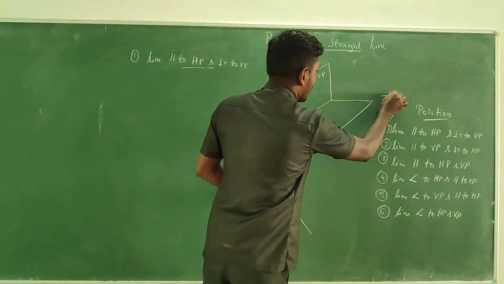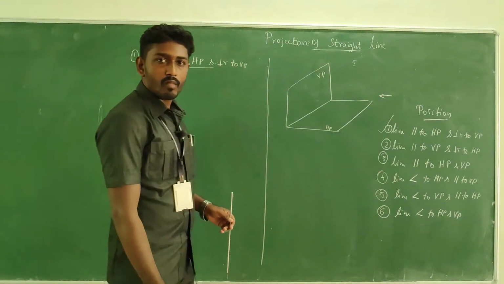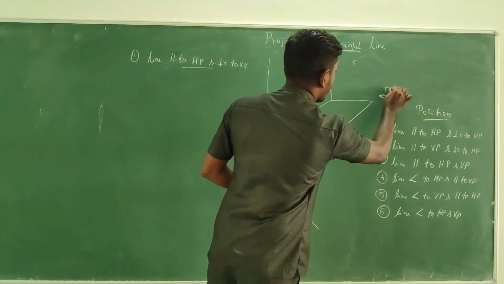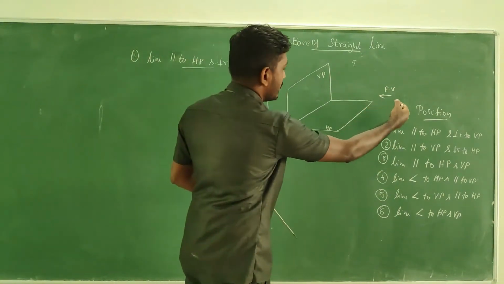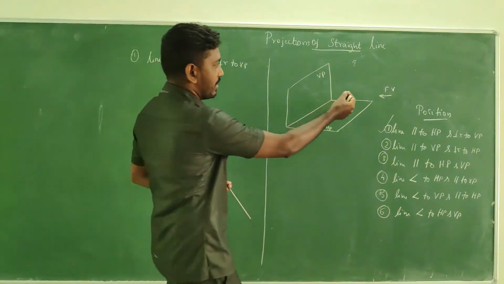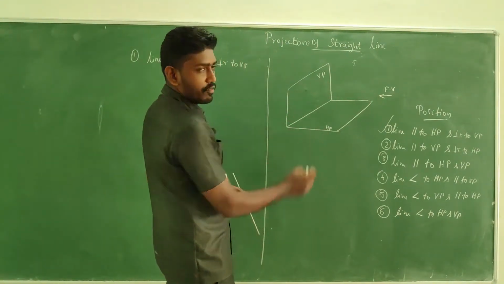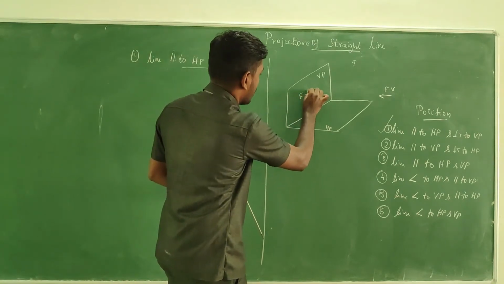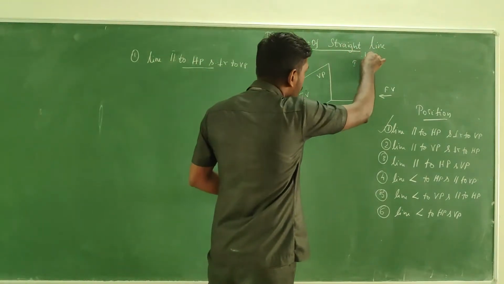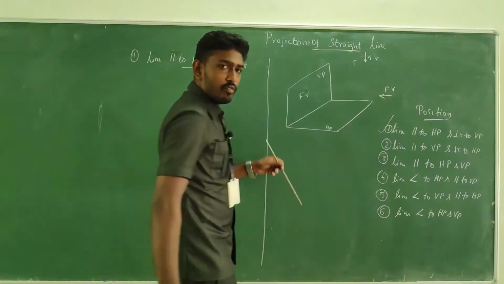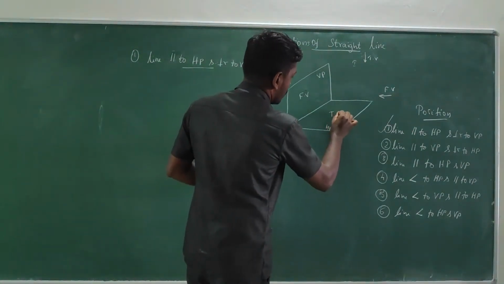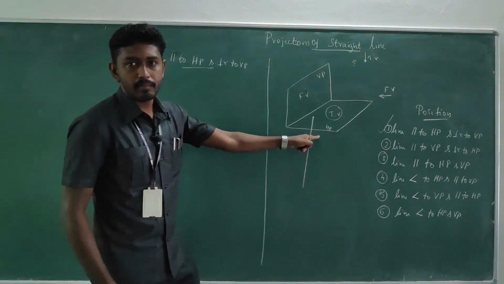I want to make you remember the projection. If you are looking at the front view, this is how we look, and here will be the observer. The projection falls on the VP plane, so it captures the front view. What about the top view? We look in this manner, and the top view projection falls on the HP plane.